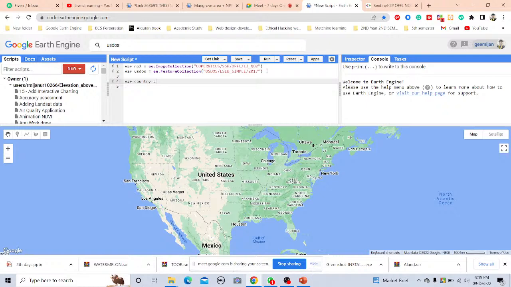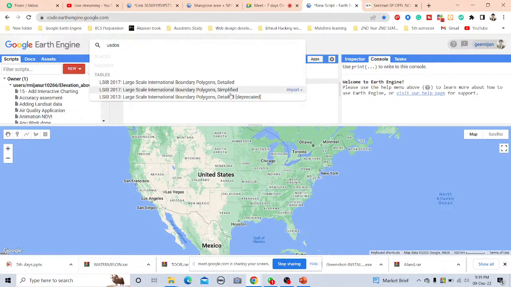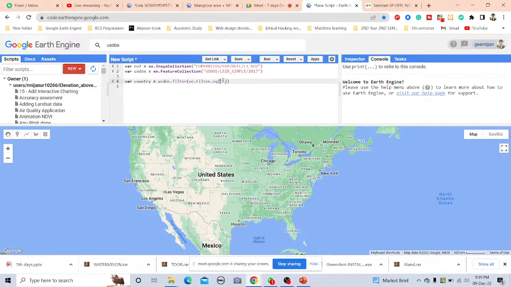Okay, then I call my dataset, and I simply filter it. How can I filter? Earth Engine filter equal. Equal what? This time I put here the country name. Suppose I put the country name as Bangladesh. Okay, then I show the Bangladesh layer. I use Map.addLayer, and then I call the country,